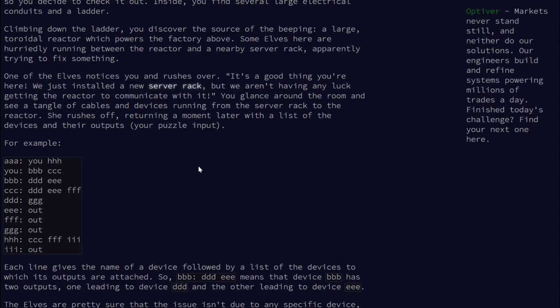If you just build a single, no recursion at all, just a flat map where the key is AAA and the value is how many paths there are to out, just a number. The trick is that in order to compute the value for AAA,